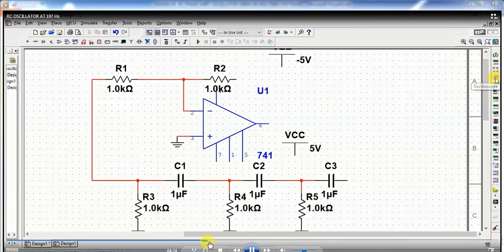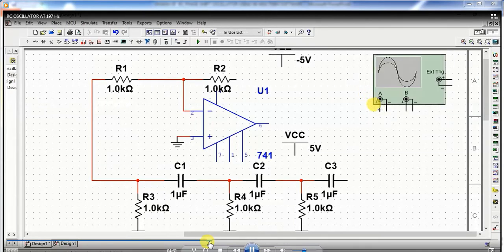And then here the oscilloscope is required to check the output. So select the oscilloscope and drag it, and one channel A1 is used here. Connect this pin number 6 to the oscilloscope terminal and connect the supply voltages.